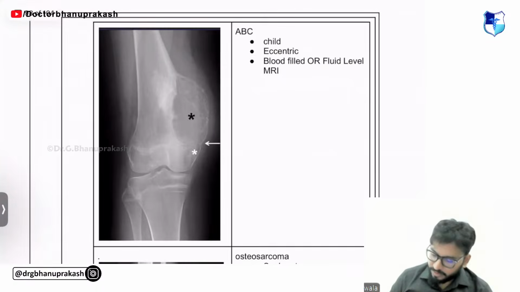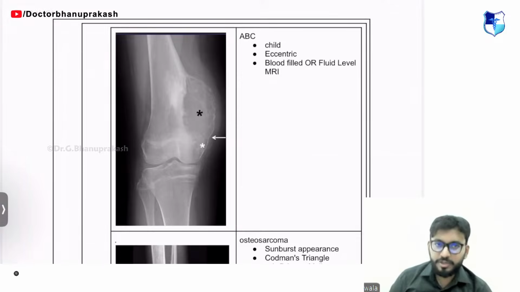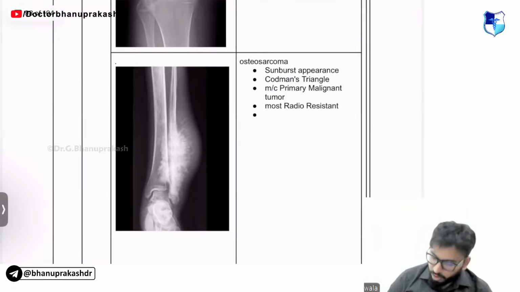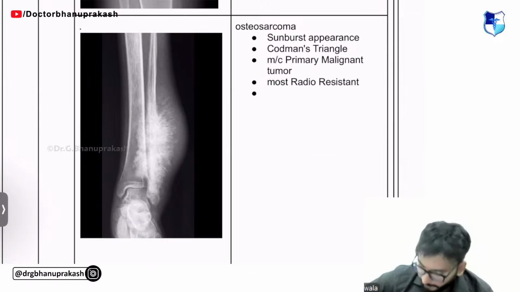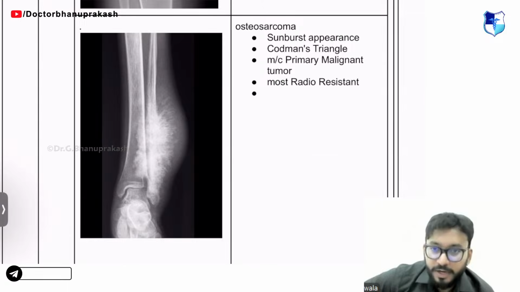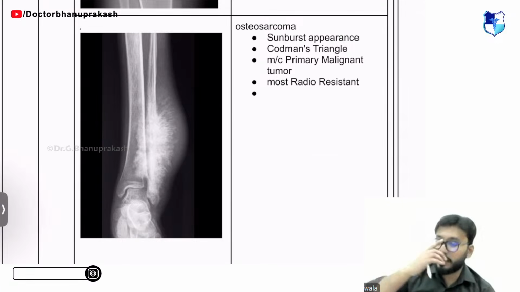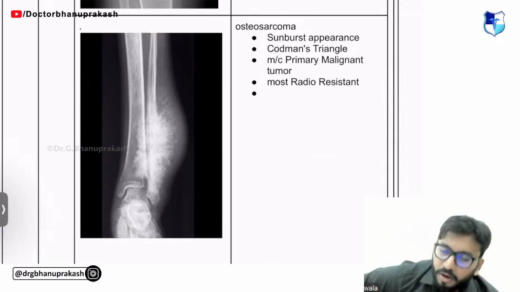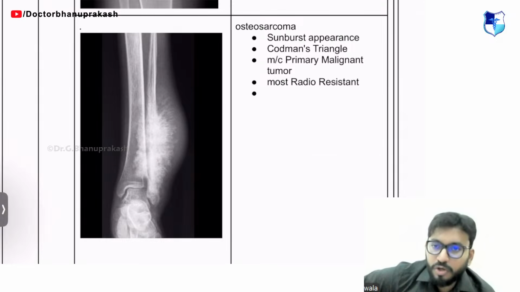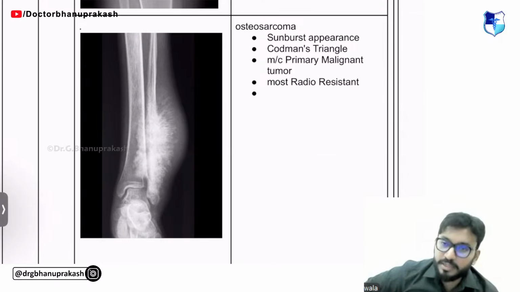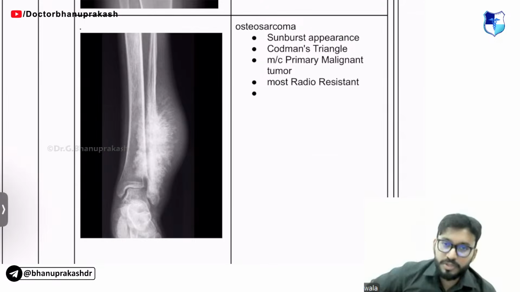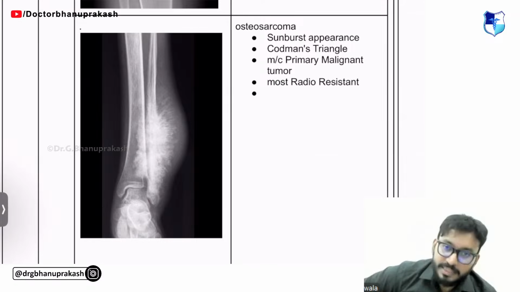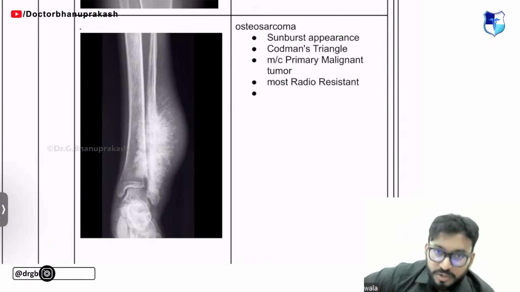Again, aneurysmal bone cyst. Simple bone cyst, aneurysmal bone cyst. More important is simple bone cyst. Osteosarcoma, guys. This is the classical picture. You just cannot miss osteosarcoma. Most common primary malignant tumor of the bone. Guys, there are two confusing MCQs: most common tumor or most common malignancy of the bone, most common malignancy or most common tumor to be found in the bone. It is not osteosarcoma, it is metastasis. But if they ask you what is the most common primary malignant tumor, then it has to be osteosarcoma. What is the most radio-resistant tumor? It has to be osteosarcoma.